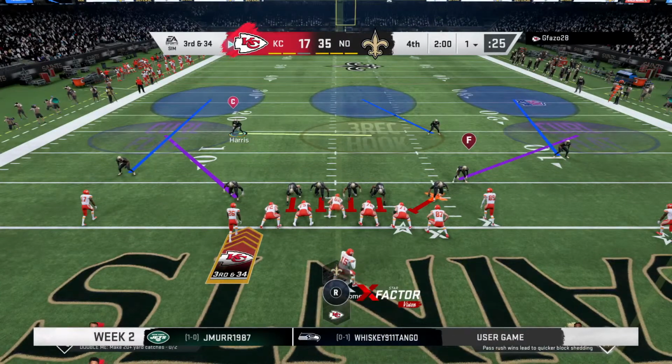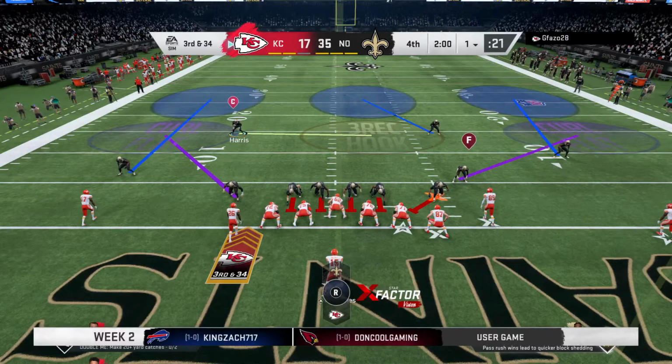56 to Mike, boys. 56. Check. Yellow. Hey. Mike's 56. Mike's 50. Hey,